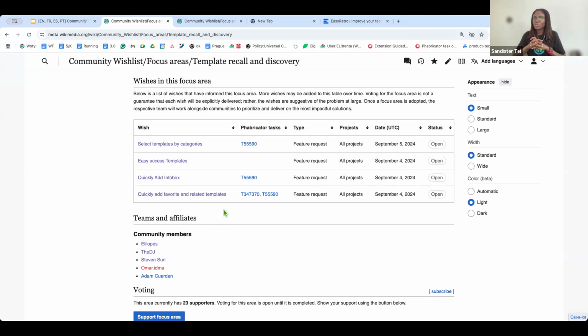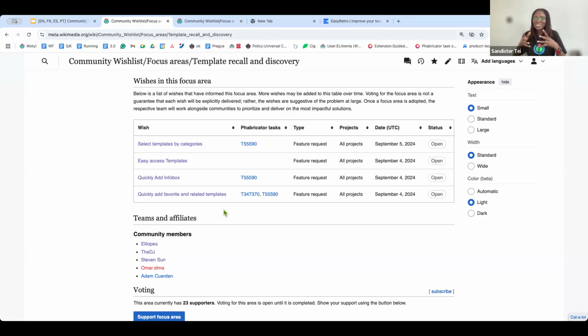It's simply because the wish is probably about templates, but it's not a wish that product and tech should be solving. It probably belongs in another team. It means that the wish was probably incomplete. We've called on the person who submitted it to give further explanations. The person has been quiet, so we do not have an understanding of what the person is trying to say. Maybe the wish was itself